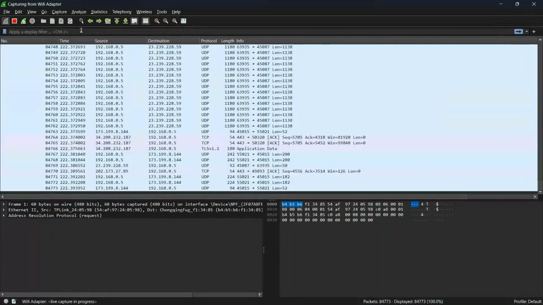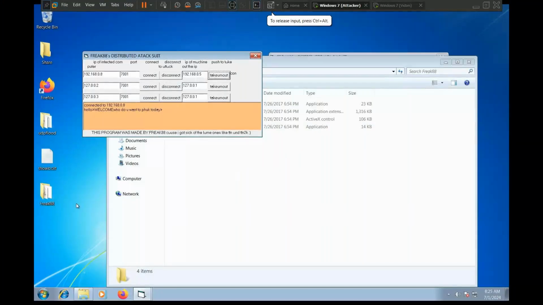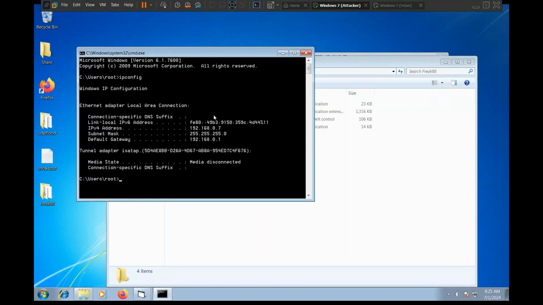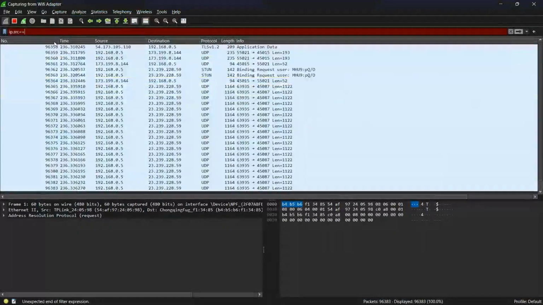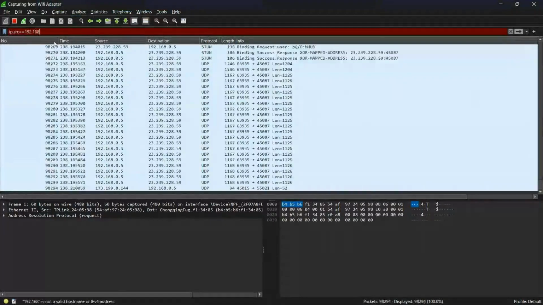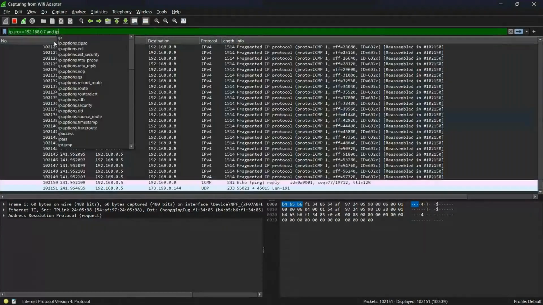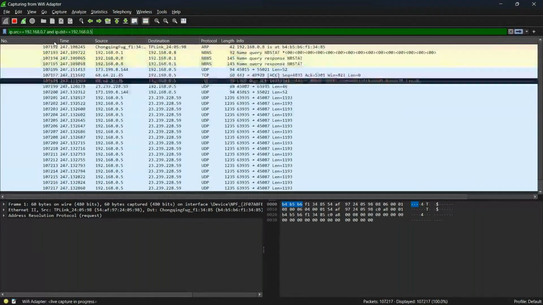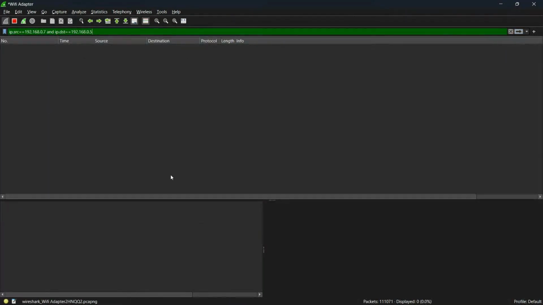ip.src equal to, and if I give the attacker's IP here, so my attacker's IP is 192.168.0.7. If I give 0.7 as the source, ip.src 192.168.0.7, and ip.dst, if I give my Windows 11 IP 0.5, you would notice I will not even find a single packet. So there's not even one single packet being initiated from the attacker, because the attacker is only making the zombies